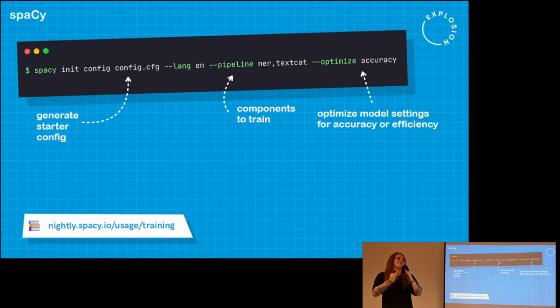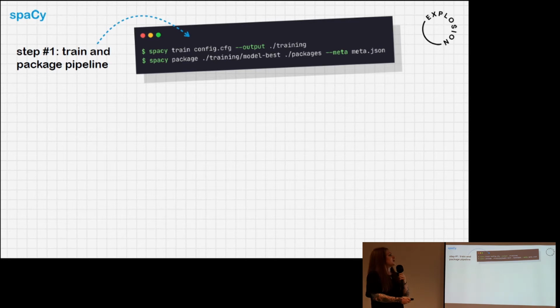There are no hidden defaults. There are no secret things that get passed in somewhere. Everything is represented in the config, which means it's very large. But on the other hand, it means, well, everything's in there.